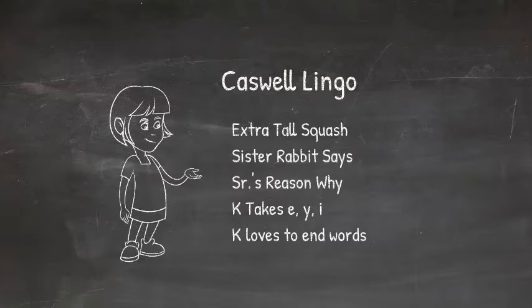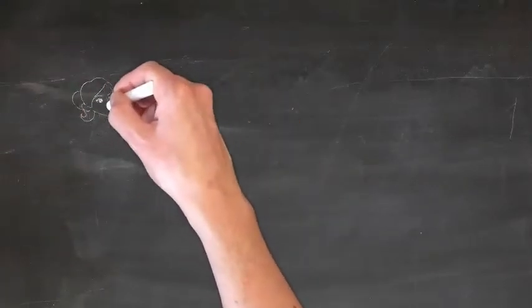K takes EIY. The idea is because of Rule 2, anytime the K sound is followed by a letter, K takes EIY and C takes the rest. If it's an E, I or Y, C's going to say S because she doesn't have an option, right? So it's got to be a K. The other thing about K is K loves to end words. K is all about ending words, but K is really afraid of short single vowels sneaking up on it. So there has to be a C in there, or a vowel team is fine, but otherwise K just can't handle it. So it's got to have friends.